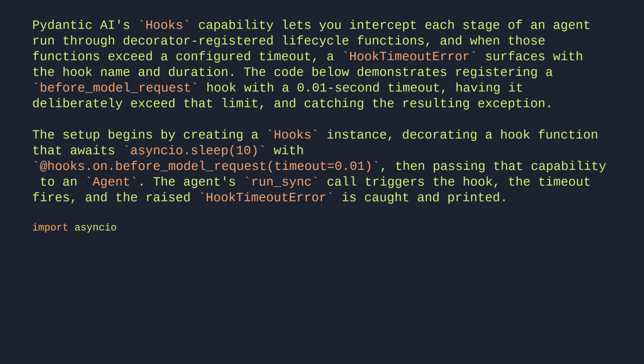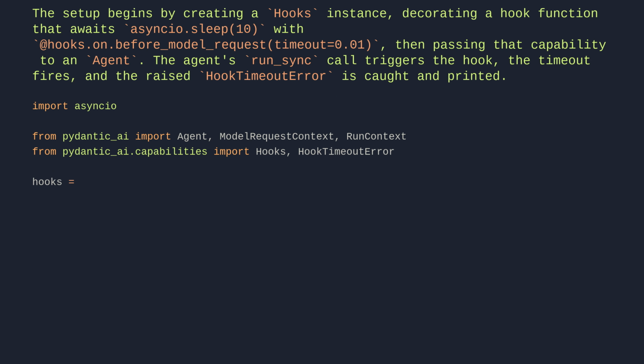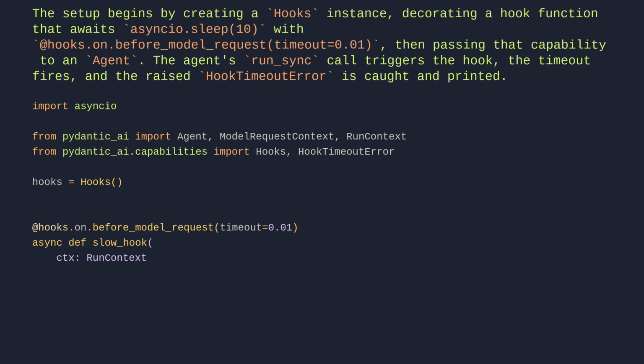Import asyncio. From pydantic_ai import Agent, ModelRequestContext, RunContext. From pydantic_ai.capabilities import Hooks, HookTimeoutError. hooks = Hooks(). @hooks.on.before_model_request(timeout=0.01). async def slow_hook(ctx: RunContext[None], request_context: ModelRequestContext):